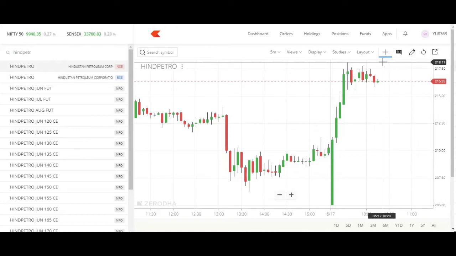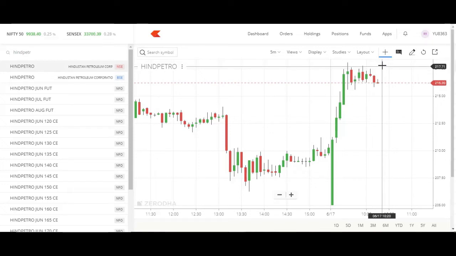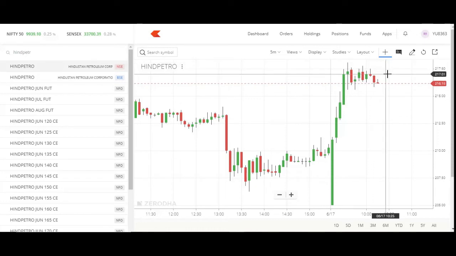Keep just 10-20 paise above this high price, and once it triggers, you can wait for 0.3% or 0.5% as your target and exit. You can keep the SL as per your own risk profile. If you are willing to risk only 1000 rupees per trade, you can keep 500 rupees, and set the position size based on your SL points. This is one of the best strategies.